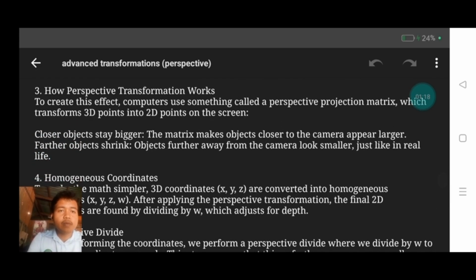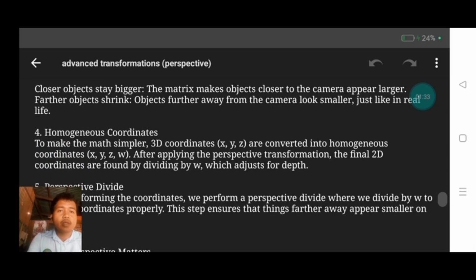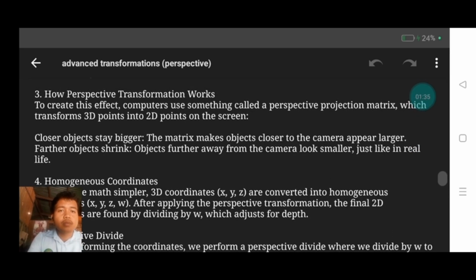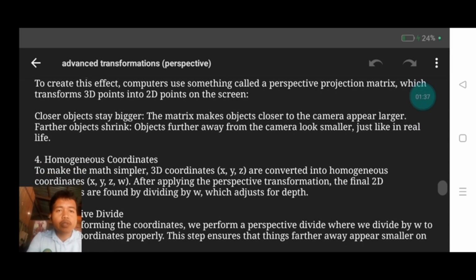How perspective transformation works to create this effect. Computers use something called a perspective projection matrix, which transforms 3D points into 2D points on the screen. Closer objects stay bigger.